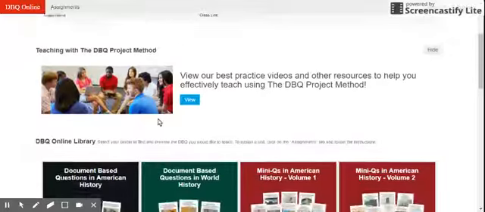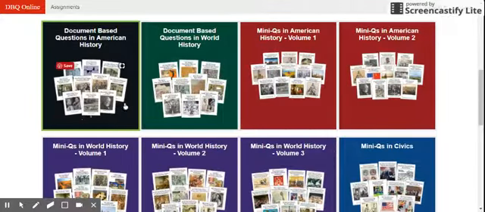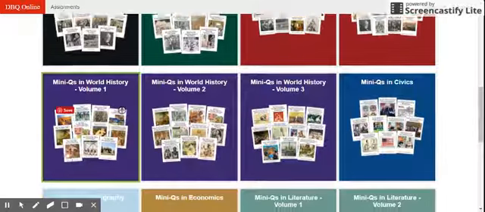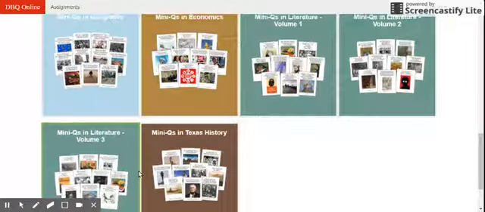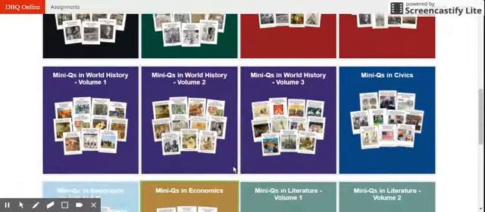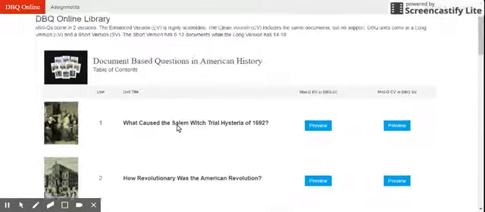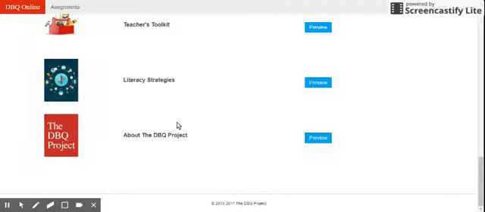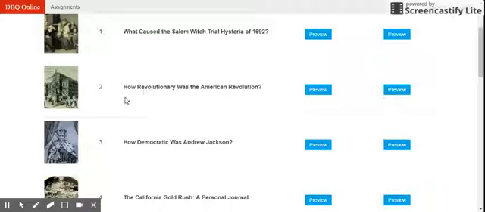You can search them. So they're already an online library based on topics like American history 1 and 2, world history 1 and 2, civics, economics, literature, and I don't know why, but Texas history. So it's a little hard to find if you're looking for a topic, but they can be found. So I'm just going to click on American history, and you can scroll through all the topics that have already been pulled. If you like one, for example, if I want to use how revolutionary was the American Revolution, I